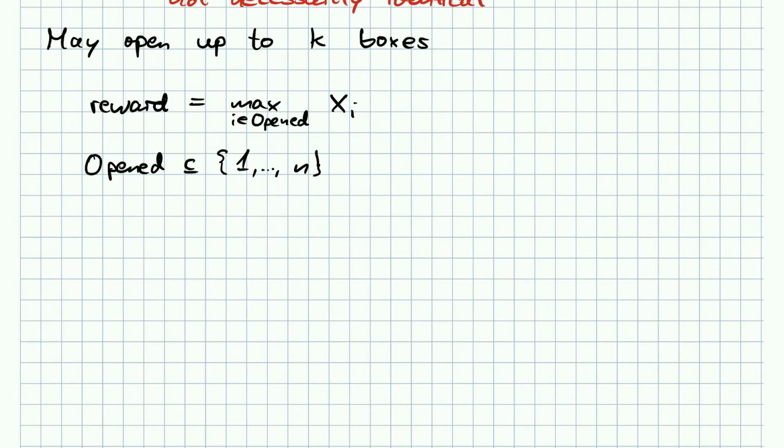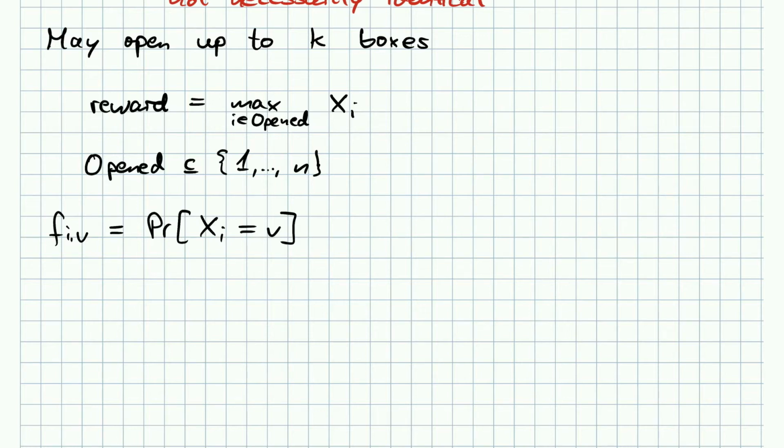And what else will we write down now? Let me already introduce some notation. F_{i,v} is what we'll use as a notation to say this is the probability that X_i takes the value v.